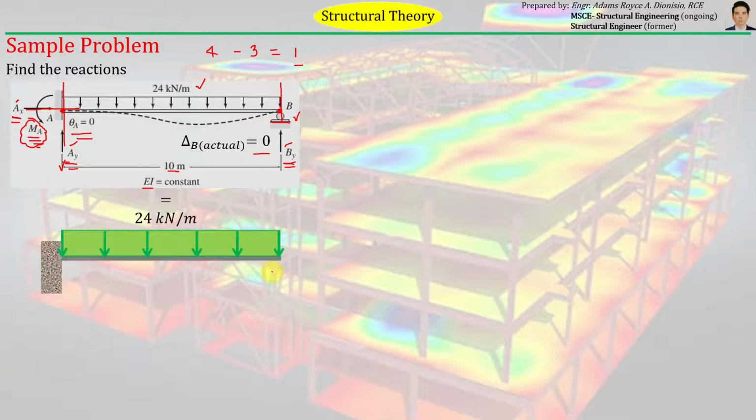Okay. So we just remove By, or in other words, we have removed the roller support at joint B. Okay, so the remaining structure will now just look like something like this. So the load will still remain, the external load, which has a magnitude of 24 kilonewton per meter. And if you will try to imagine what will be